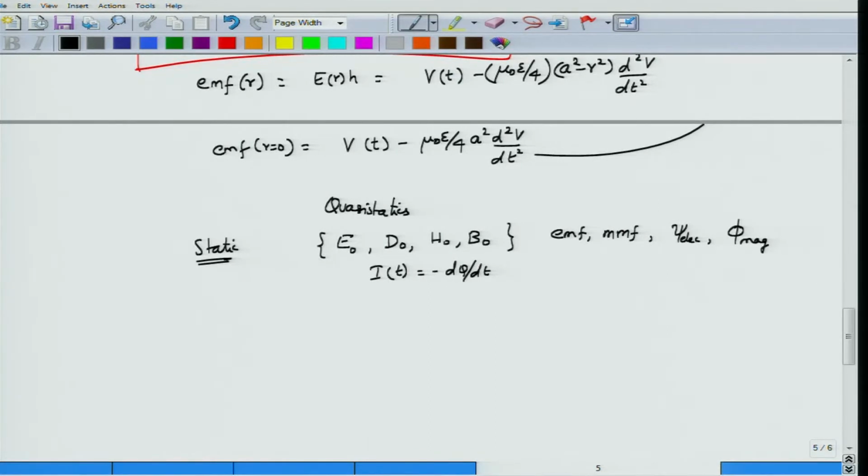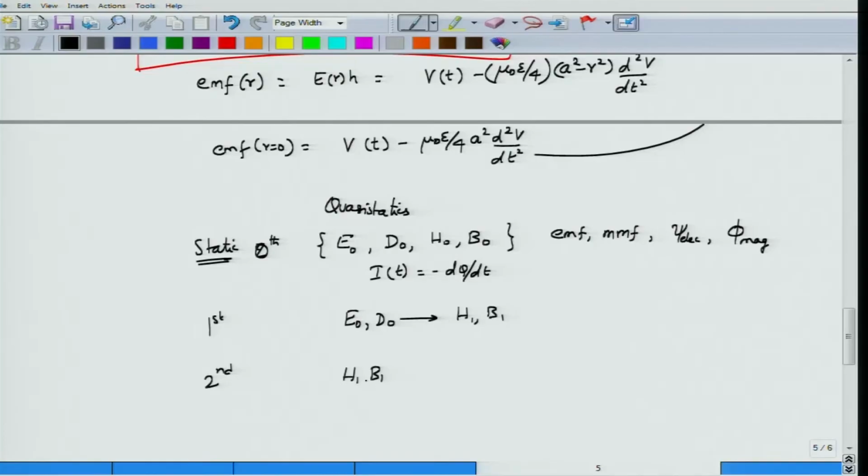Once you know this, then in the first order, so this is my 0th order, what I do is I use E0 and D0, which I know already, to calculate H1 and B1. The reason why you will have H1 and B1 which is different from H0 and B0 is because the moment you allow D0 to be varying with time, there will be displacement current, and the displacement current varying with time will create magnetic fields. So, displacement current creates magnetic fields,